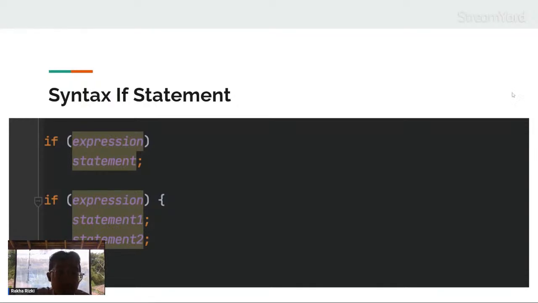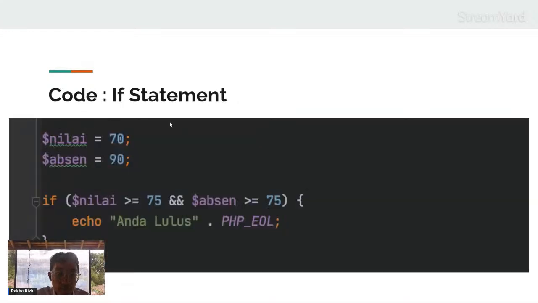So this is the syntax of the if statement. We write if, and then an expression, and then a statement. If the expression is met, the statement will run. This is an example of the code.